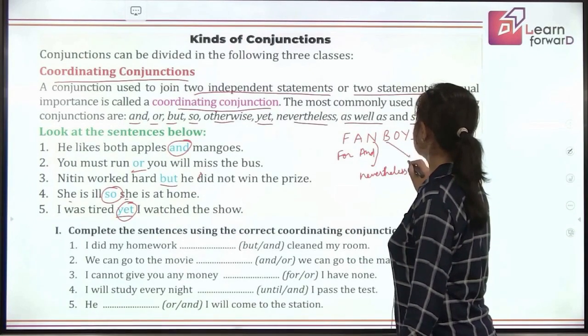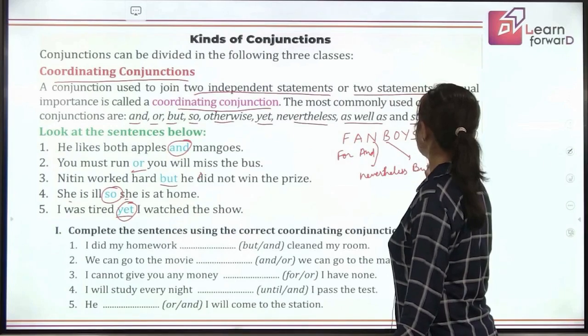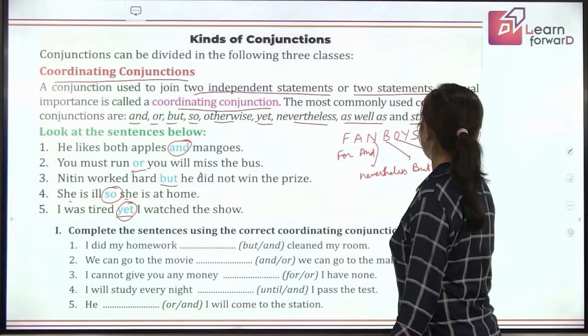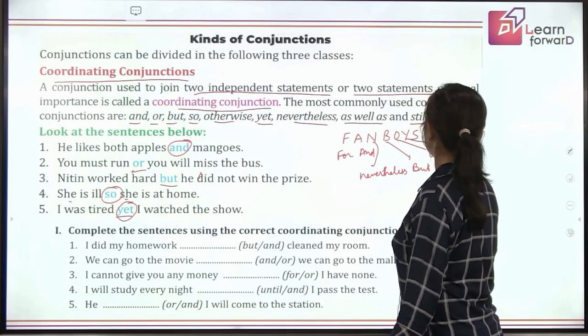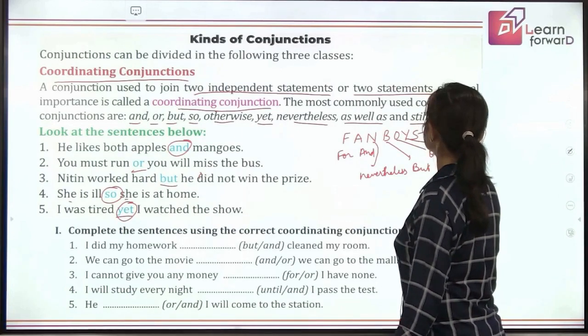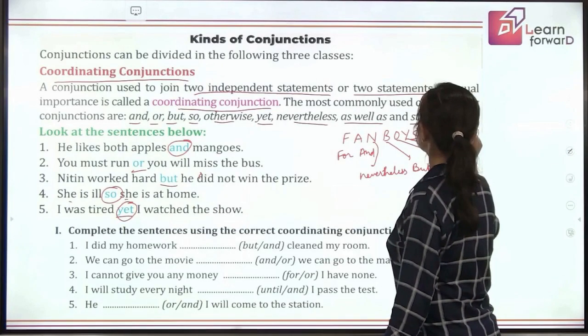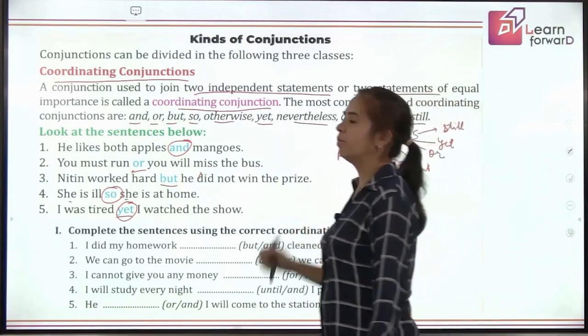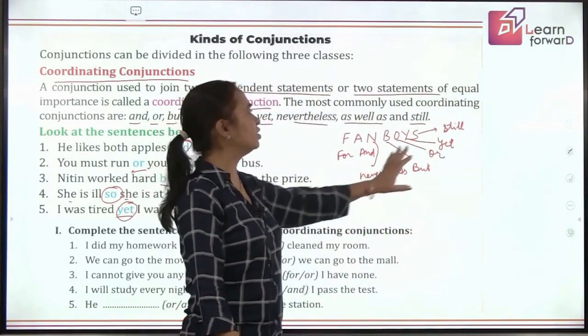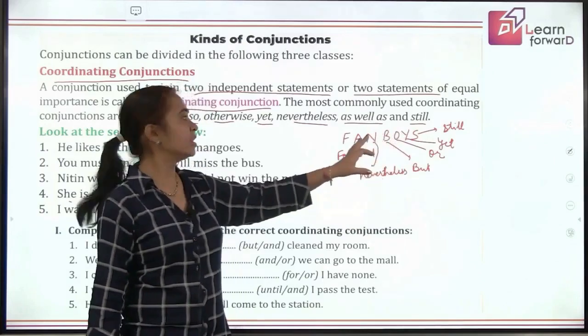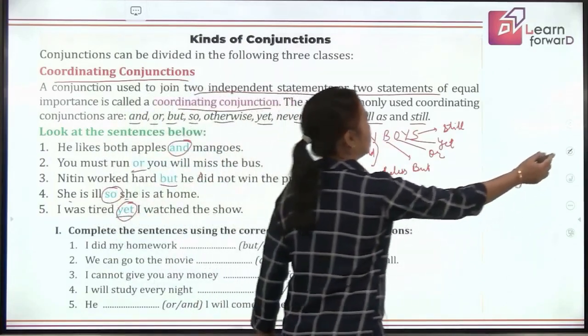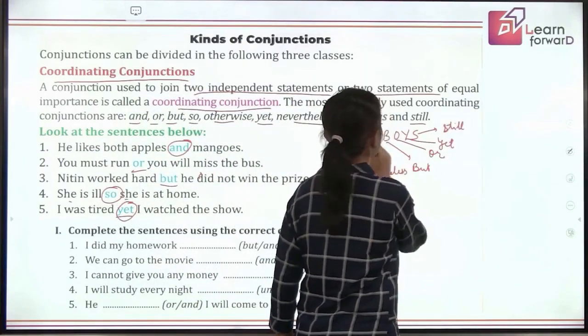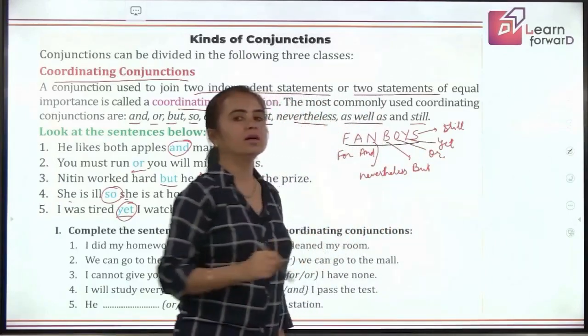Then B stands for but, O stands for or, Y stands for yet, and S stands for still. So you can remember so many coordinating conjunctions just by this acronym, and it is fanboys, to make your learning